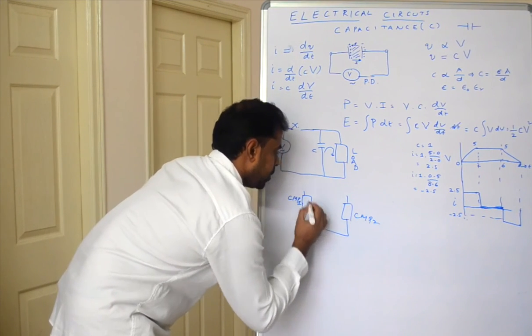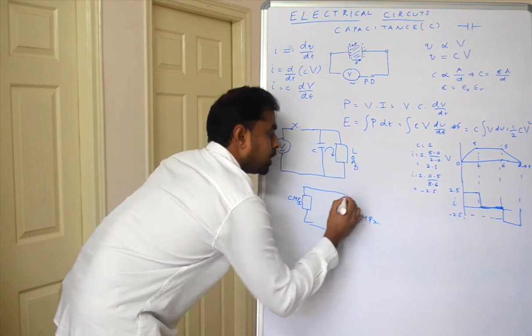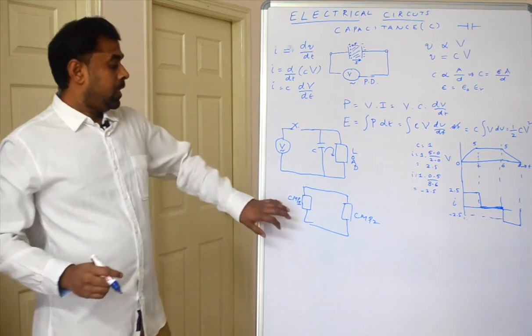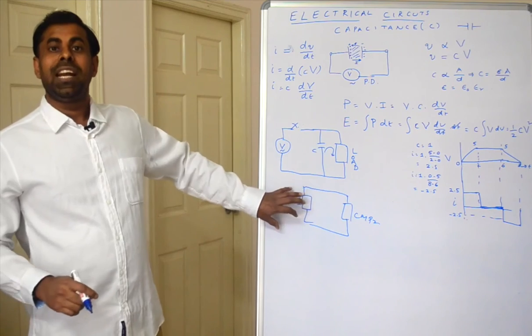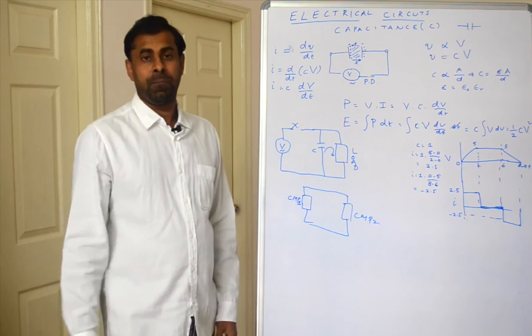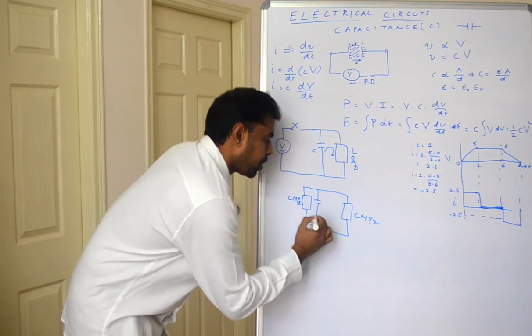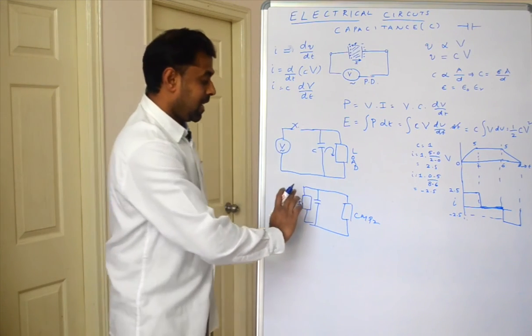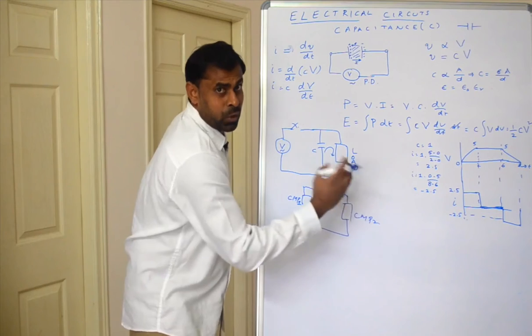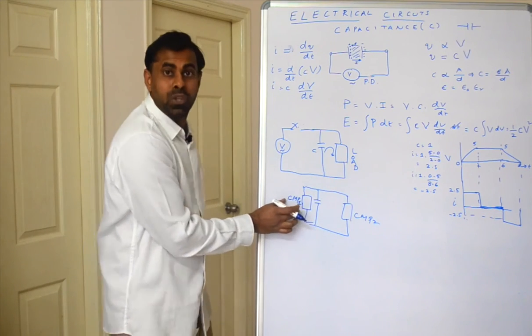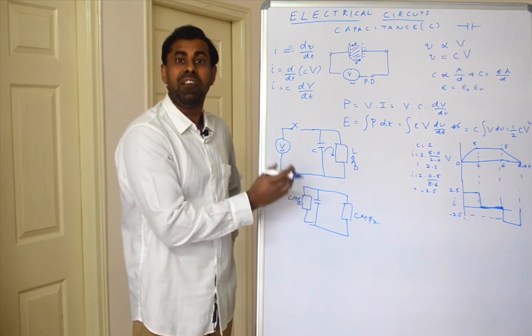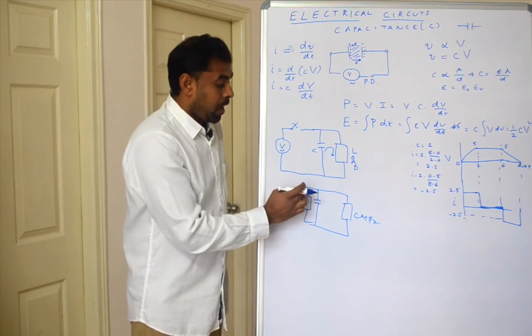It can be any component. Suppose these two are connected. Suppose this component is generating very high frequency noise, and in order to bypass or decouple it from the other circuit,